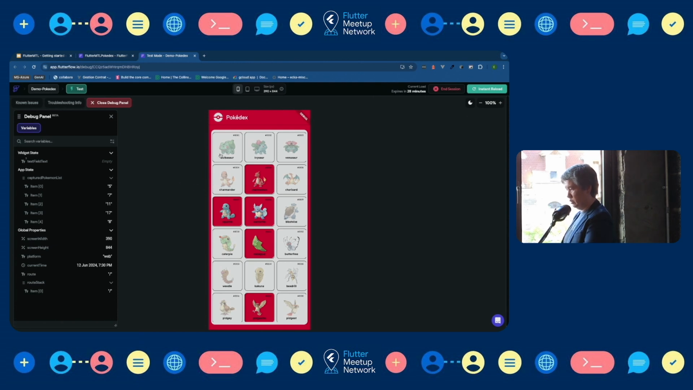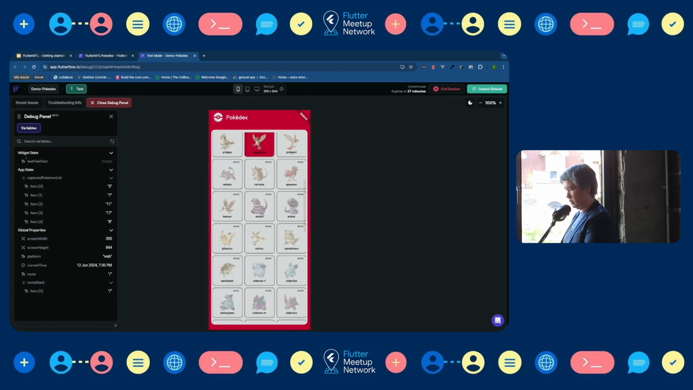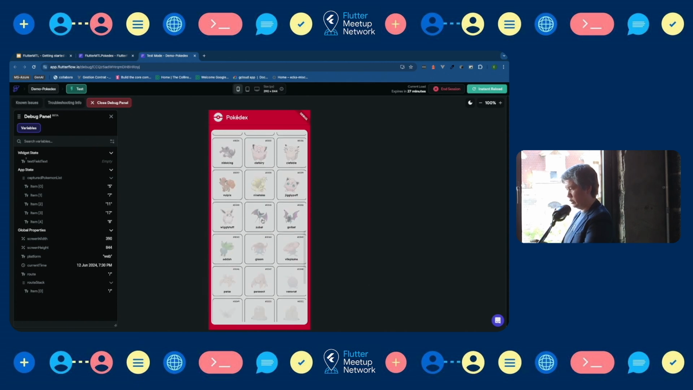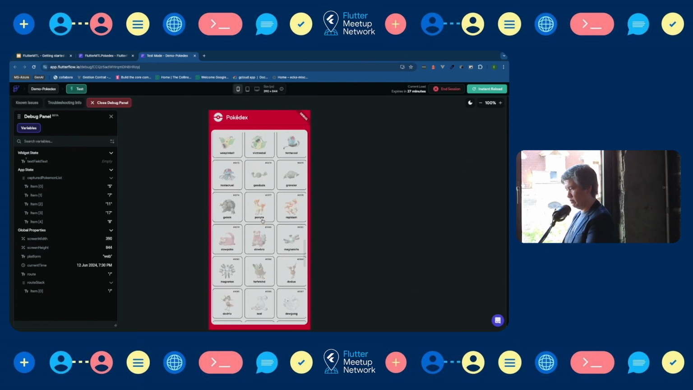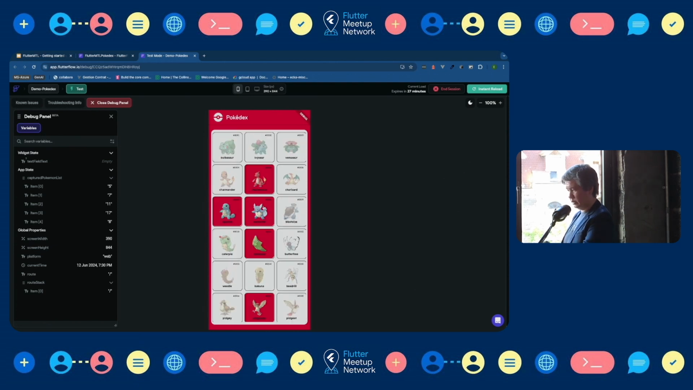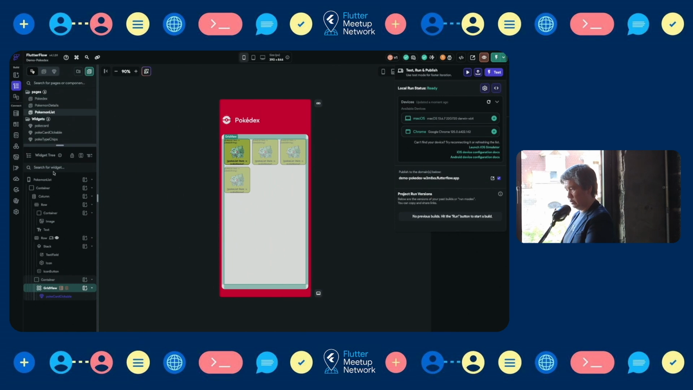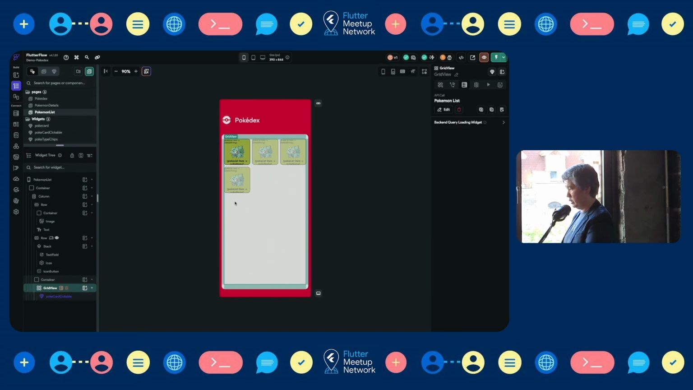So here, as I said, once you're scrolling down, each time it recalls the API to get new Pokemon. But I don't think I have time to show you how to do this clickable element. It's something in FlutterFlow that we call actions. An action is something that